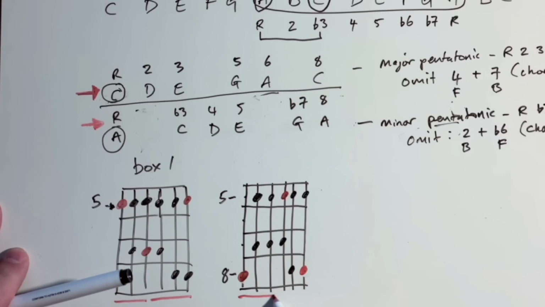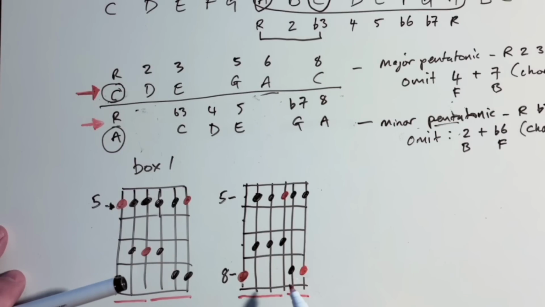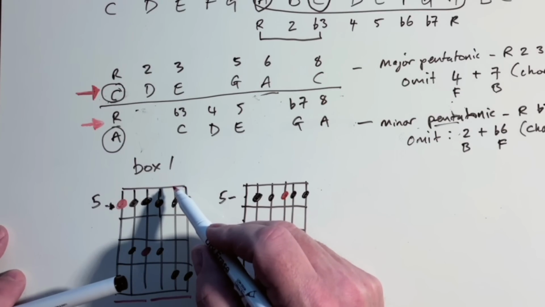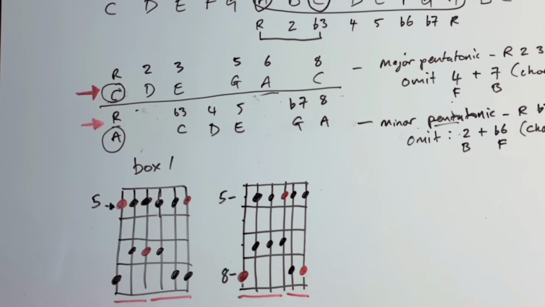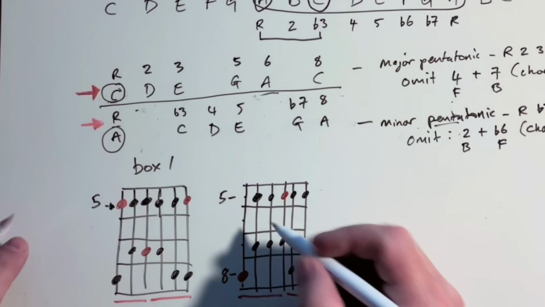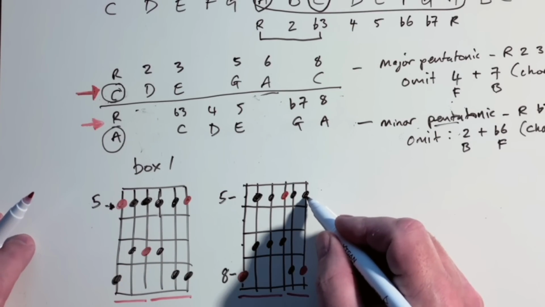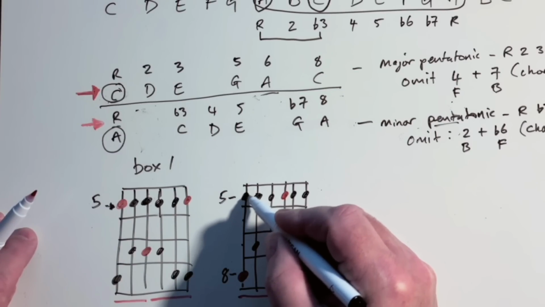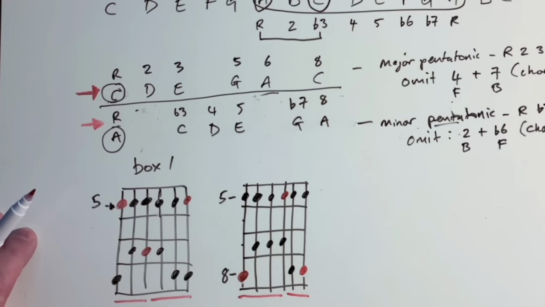Notice, guys, how we've gone up 1 octave and then we've gone up another octave here as well. So we've got those 2 octaves there. Now we're still using what we assume to be the box 1 pattern, but it's not really in the same vein. Also, let's just fill this out. Can you see how I've got this note here? I'm going to apply that note over here on the thick E string and we end up with the same